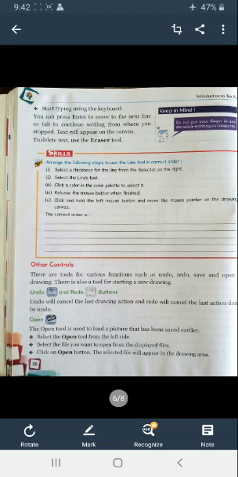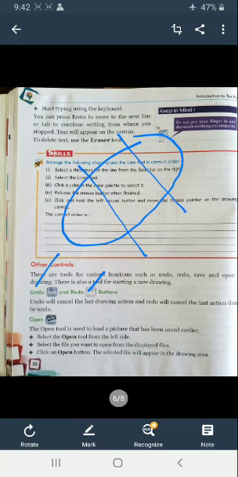Now next, other controls like undo and redo buttons. Undo and redo buttons are very helpful. When you make a drawing, just like this, I will make this. First of all, I draw a round circle, then two straight lines, and then triangles. If I want to undo, I just click on this undo button.